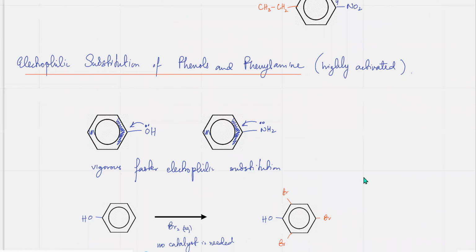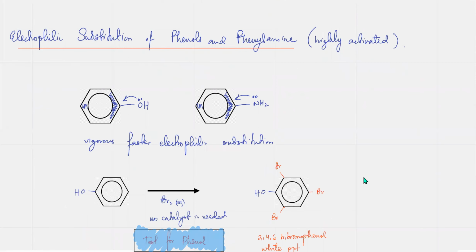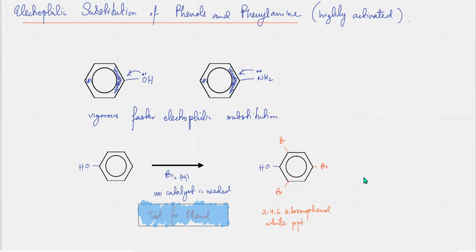And then we started talking about phenols and phenylamine. I told you that phenols have a much faster electrophilic substitution reaction. I mean, instead of vigorous, I shouldn't use the term vigorous. Just that it's got more electron donating effect, which we should write down. Because they're going to ask you why the reaction is faster. So you're going to state